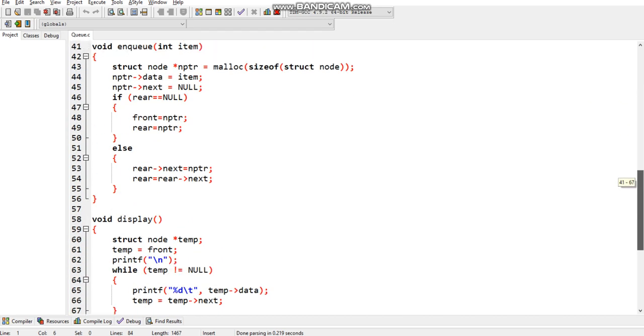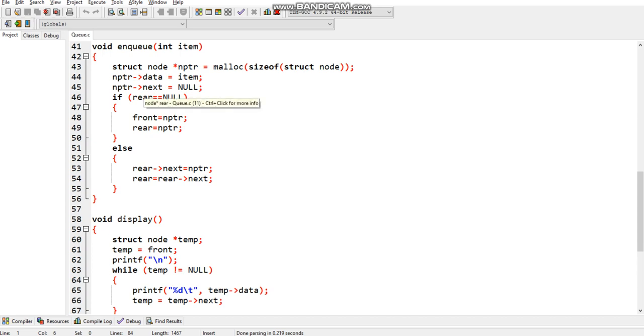So in void enq, it has the parameter int item. The struct node pointer nptr uses malloc, where we allocate the memory of the struct node. The nptr pointing to data is item, where we are entering the number. The nptr pointing to next is null, because we insert from the rear end.